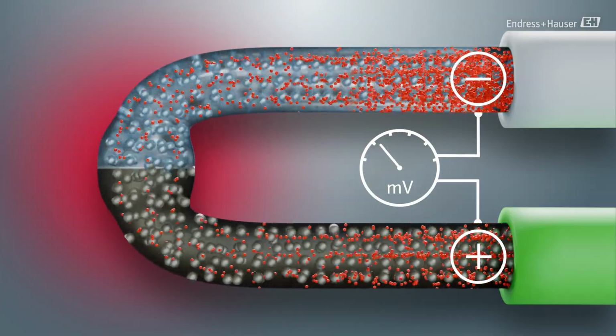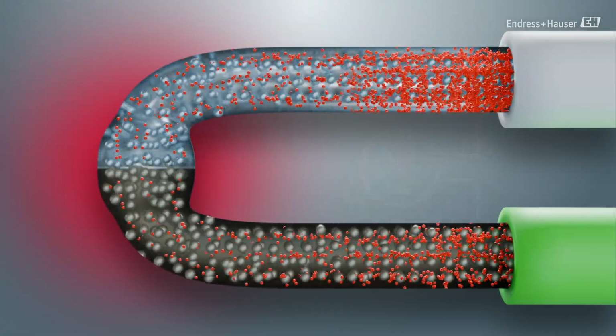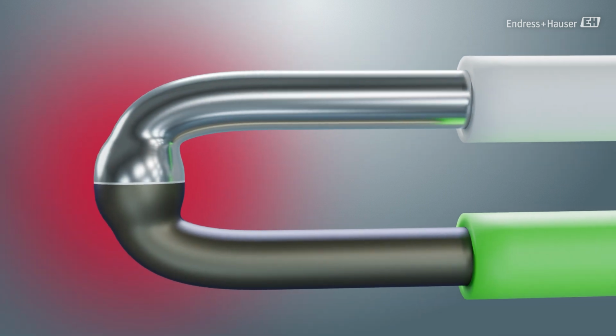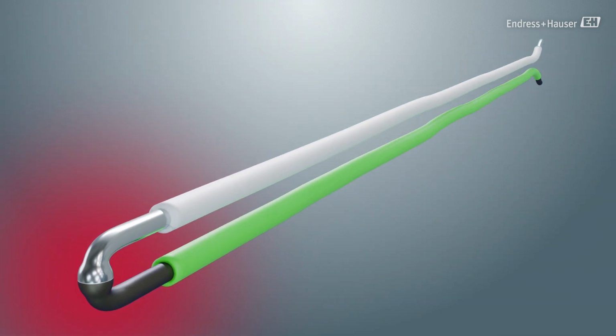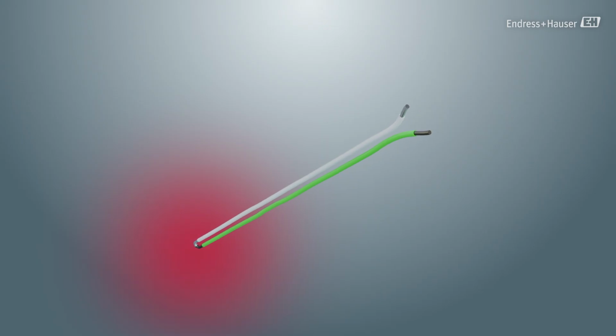The voltage produced is not based on absolute temperature, but on the temperature difference between the hot and cold junction. To determine the actual temperature at the hot junction, we also need to know the reference temperature at the cold junction. This must also be measured.